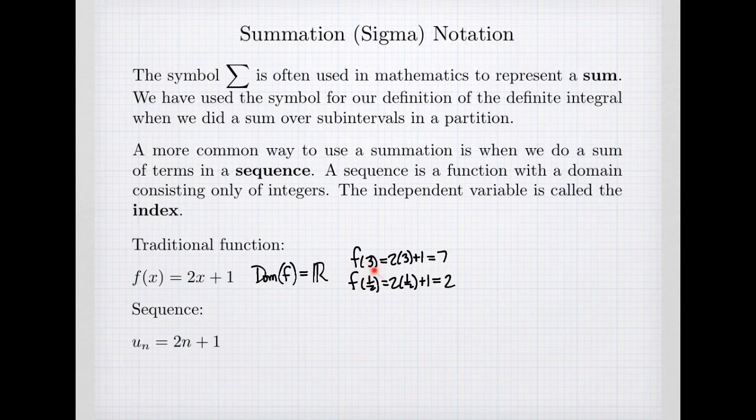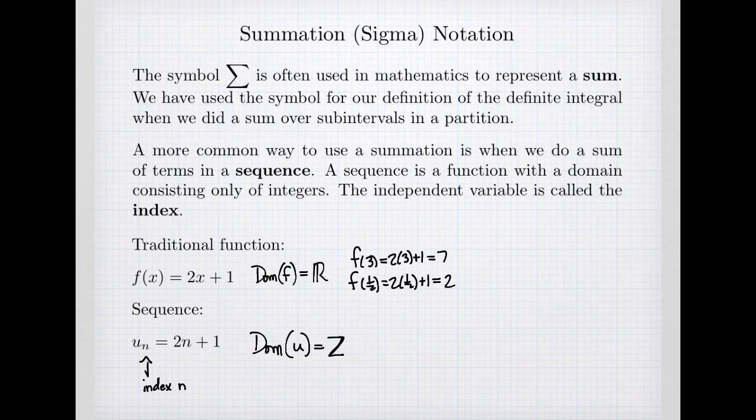When I talk about the value of the function at 3, it's 2 times 3 plus 1, which gives me an answer of 7. And the function value at a half, when the half is the input, it's 2 times a half plus 1, which gives me a value of 2. But when I talk about a sequence, my domain consists only of integers. So when I'm talking about my sequence, u subscript n, n is my index,